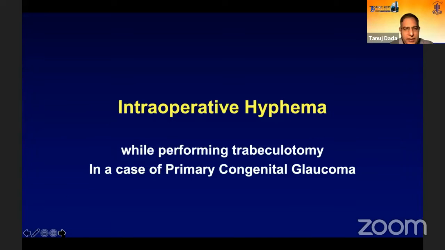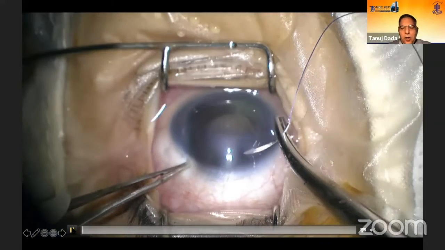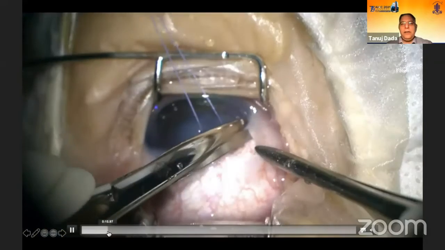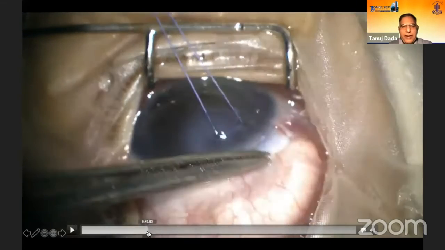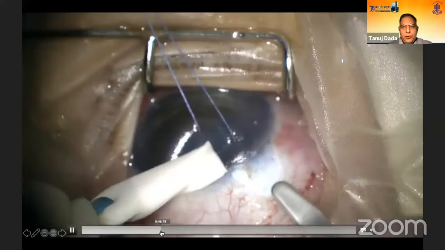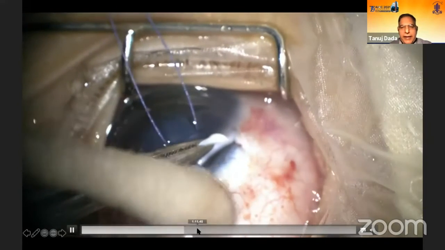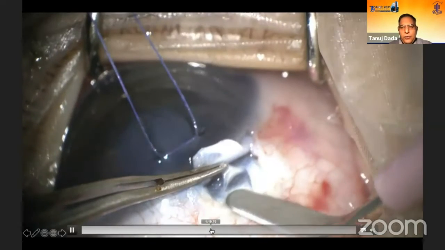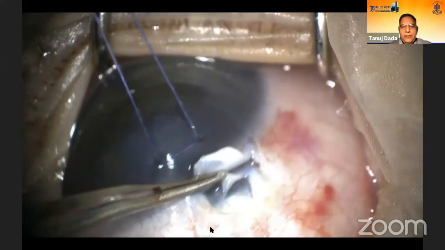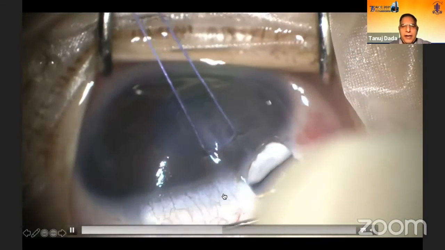Now the next complication that we can face. This is again a patient where we are doing a trabeculotomy combined with a trabeculectomy. After the mitomycin C application, you do a routine surgery, you raise a lamellar scleral flap, and then you raise a second deeper flap for your trabeculotomy. You de-roof the Schlemm's canal, and then you insert your Harms trabeculotome. So one side, very nice.